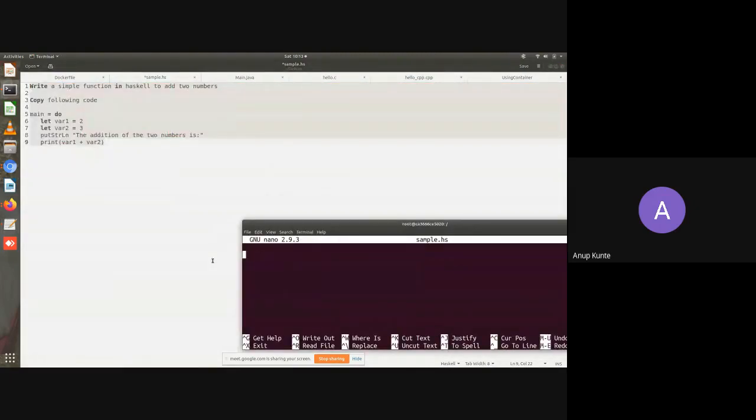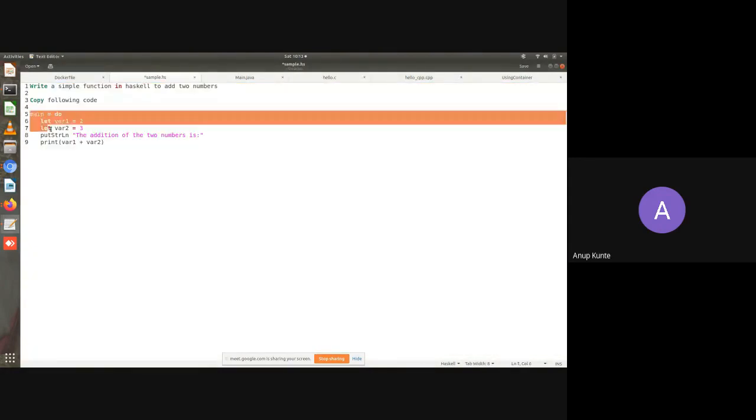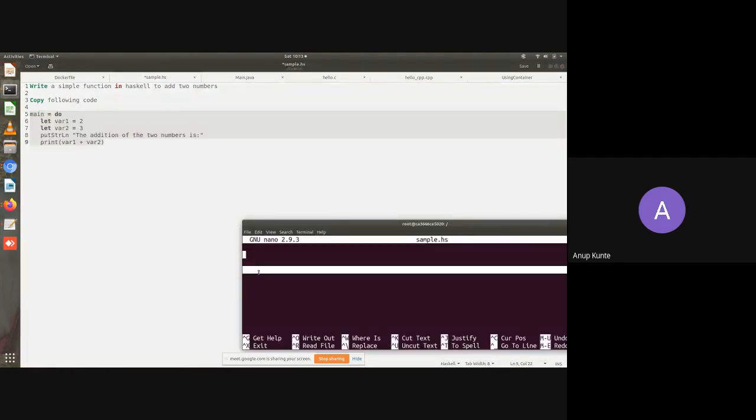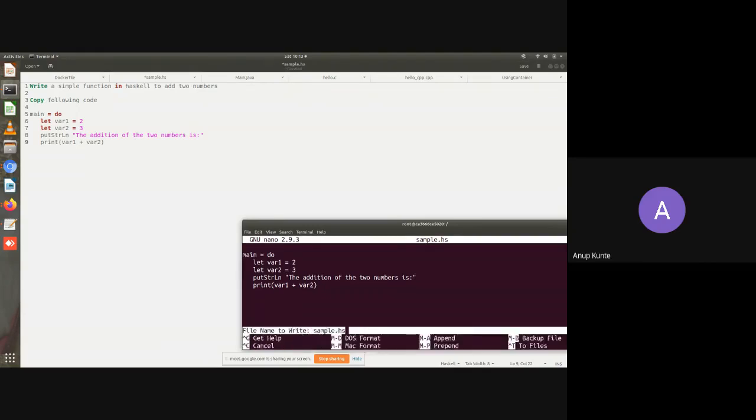Sorry, I'm making some mistake in copying. This is the code that I have to copy. So coming here, pasting this code. So this is the code. You will understand in today's session how important the indentation is and why it is important. So I'm not explaining that. So I've saved it.